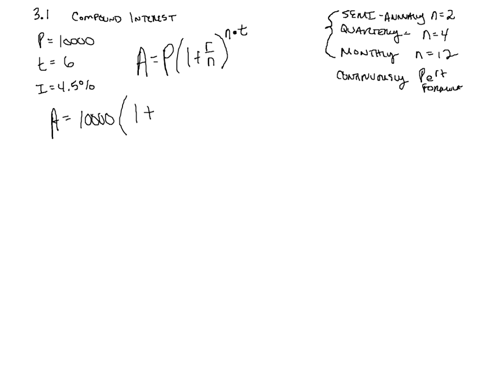You've got to convert that to a decimal. So the percent, you would want to divide 4.5 by 100. It's going to move the decimal place 2 spaces to the left. So I would write 4.5% as 0.045,